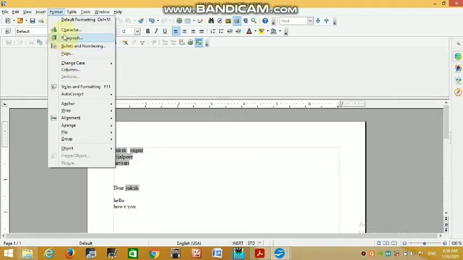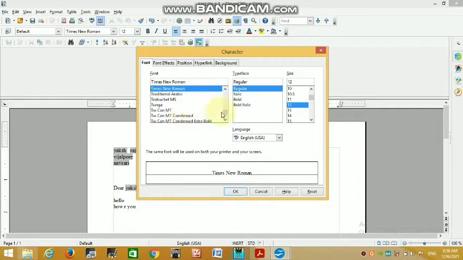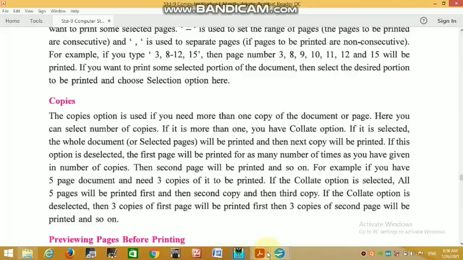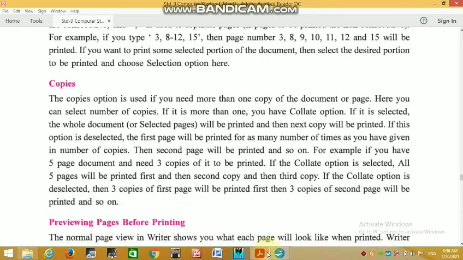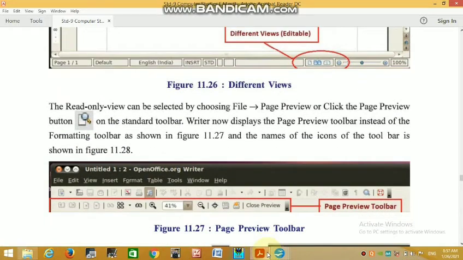Okay, so this is a character option. If you want to change a character, font, typeface, size, you can do it with this option. Preview page before printing. Before print you can take a page preview.